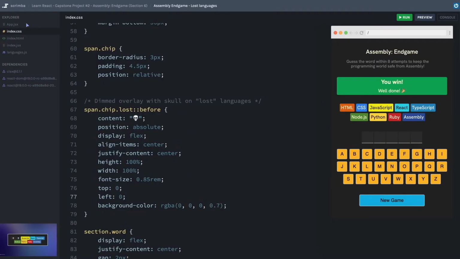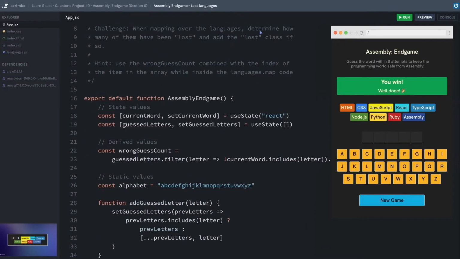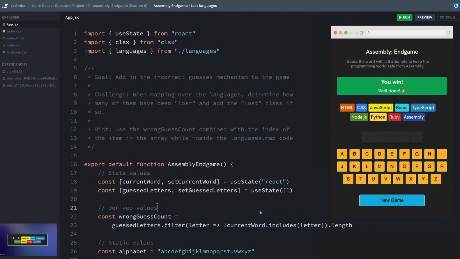The only thing you really need to know is written up here in the challenge text. When you're mapping over the languages, you should determine how many of those languages have been lost and then add the lost class if it is a language that's been lost. I give a hint here where you can combine the wrong guessed count that we figured out in the last scrim right here and combine it with the current index of the item in the array as you're mapping over the languages array.